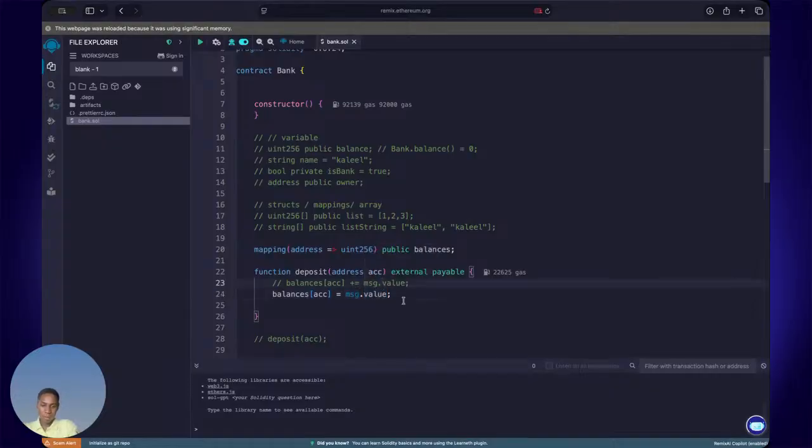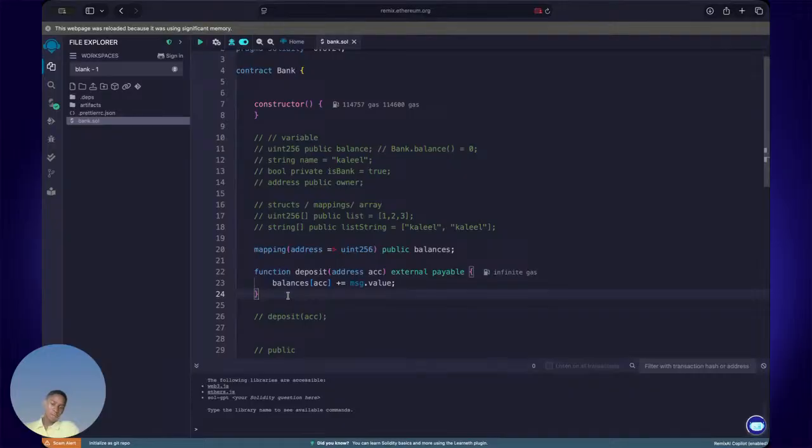However, if you use the first approach, what you are saying is you add the new amount you are depositing to the user's balance, allowing the user to have the previous funds plus the new money he or she is depositing.